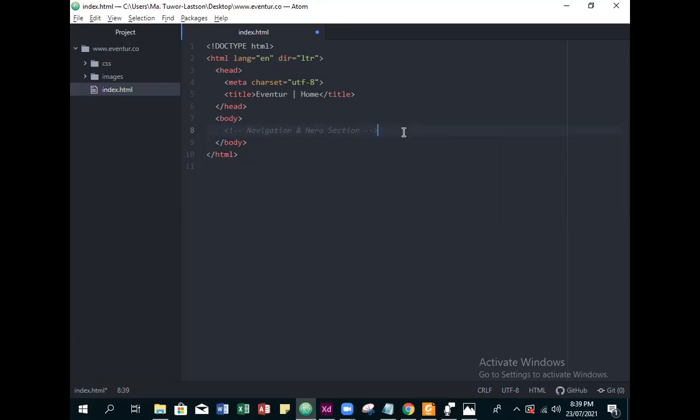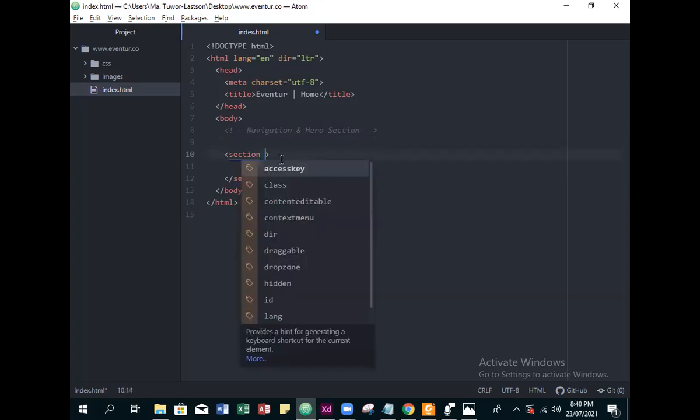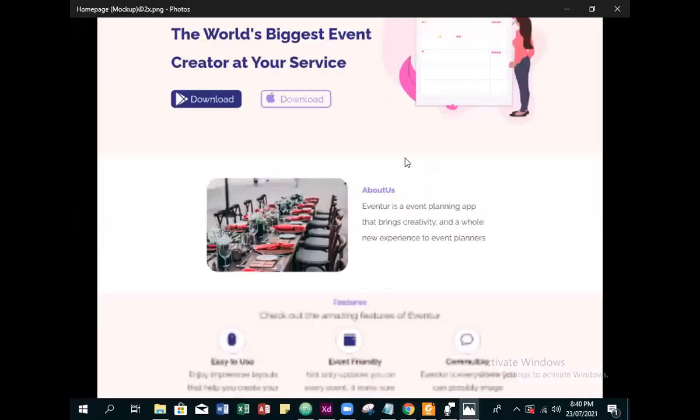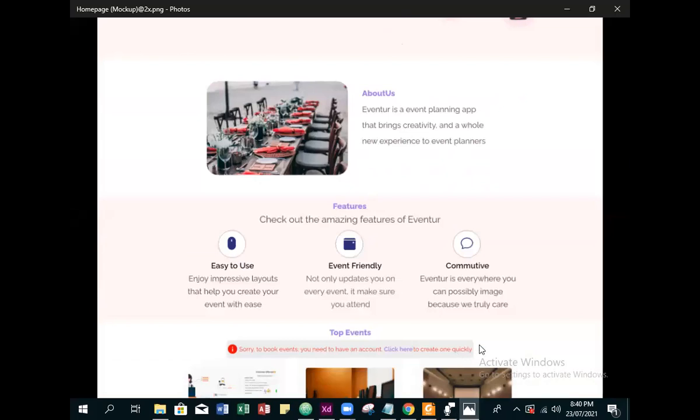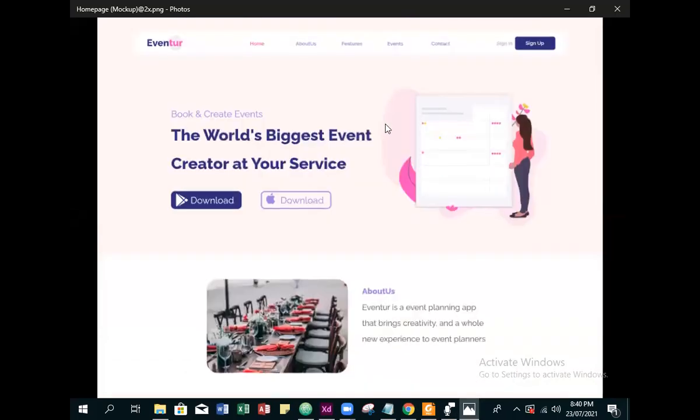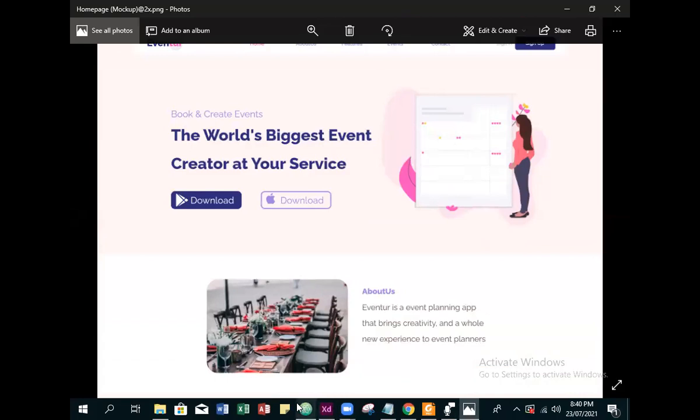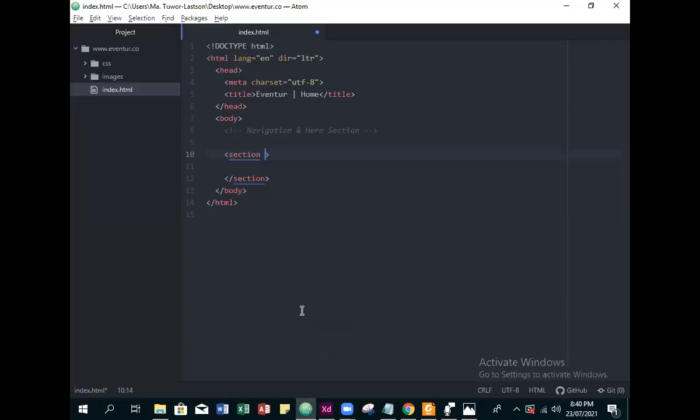Inside of the navigation and hero section, what I want to do here is to create an element called section. The section element is an element that was introduced in HTML5. I know you have used that. We use the section element to create new sections on our website. If you see here, we have various sections. We have about us, we have the features. These are different sections. We use that HTML element called section to distinguish between all the sections we have. Here we use the ID, and we have an ID of this section called hero,